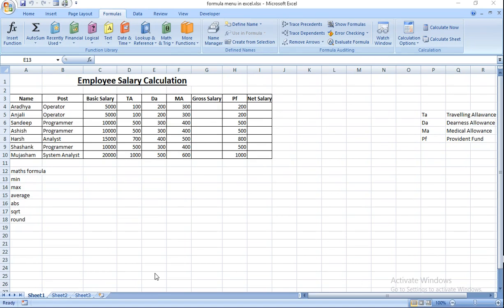Hello student, today I am going to teach you a formula menu in which I will tell you how to create the employee salary calculation sheet. For that I have made the sheet in which first of all I have given the employee name, then post, then basic salary, then traveling allowance, then dearness allowance, then medical allowance, then gross salary, then provident fund, then net